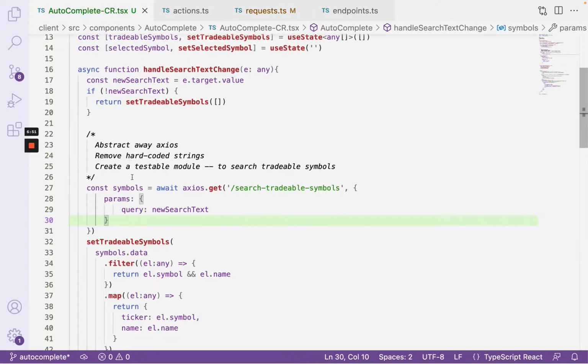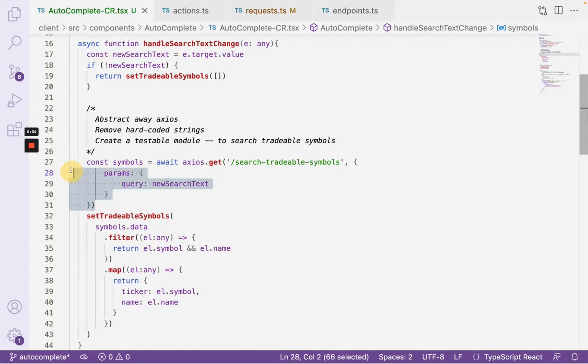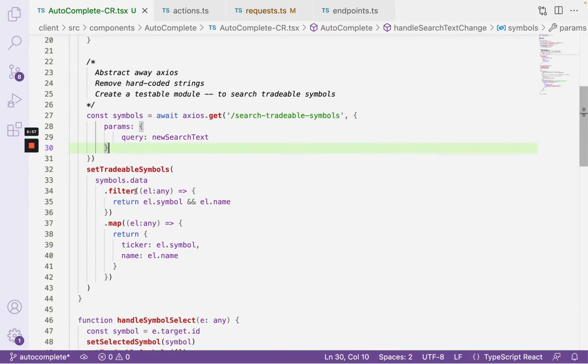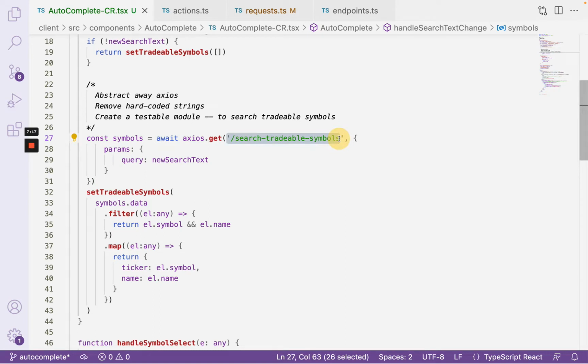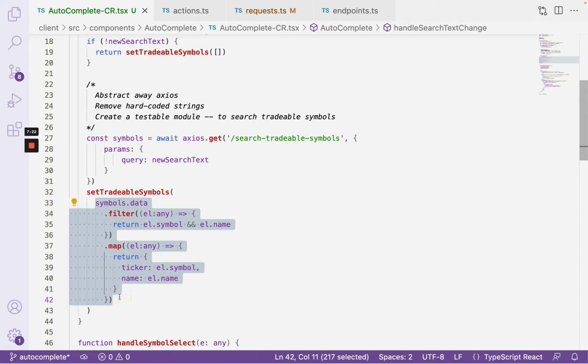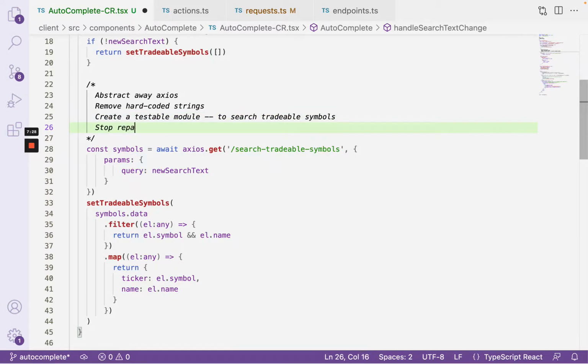So if I go back here, notice that without this scenario, I have to first get the symbols, and then I have to transform this right here. And this is not a pattern that ensures that we don't repeat ourselves. We're continuously repeating ourselves here. This transformation might happen several times. If we were to call get tradable symbols multiple times, this transformation has to be performed multiple times. We don't want to repeat ourselves. So stop repeating logic, and we'll say